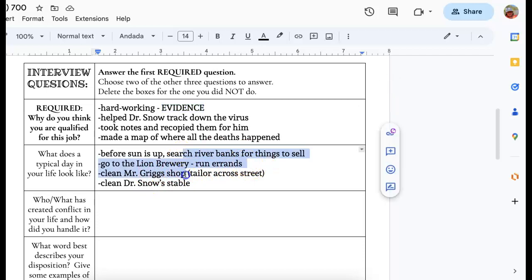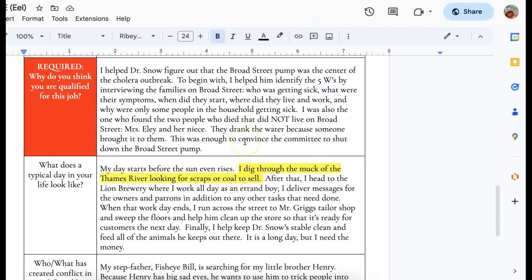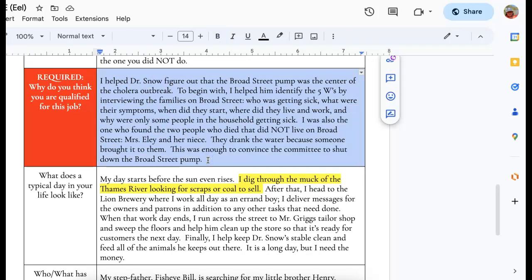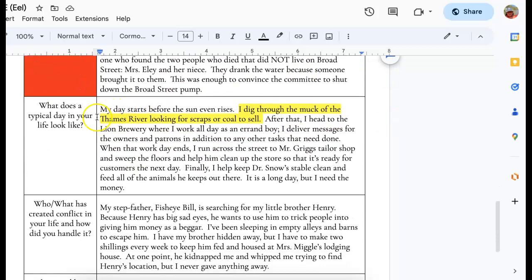When I write this out later, it's going to be a lot more specific. It's going to be in complete sentences. I'm going to have more of a topic sentence to focus the paragraph, and it's going to end up looking something like this. So whereas before it was just little notes, I then take those notes and I write them into a paragraph that has good descriptive transitions in there. It's got some evidence. It's got some varied sentence structure. Same with what does a typical day look like? I write my thoughts into complete sentences for my interview.